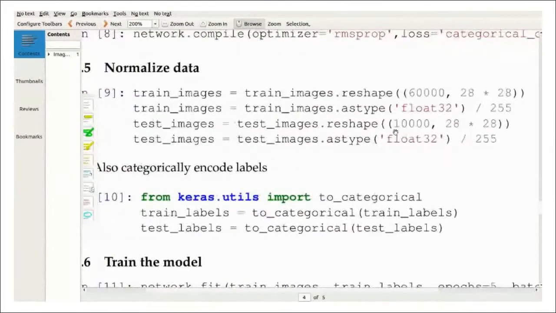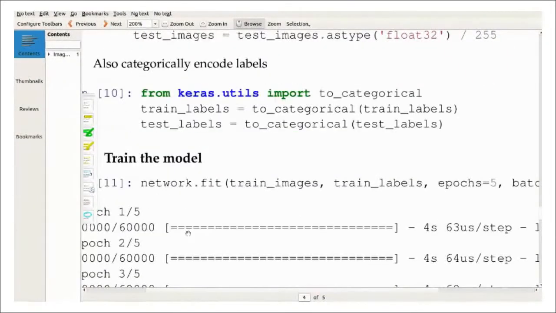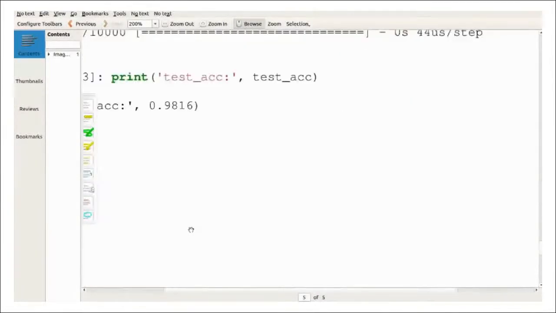Normalize the data because the data belongs to different values, so you normalize it by dividing by 255. Then categorical encoding is applied, that is, you are converting the output label using one-hot encoding. Then train the model, evaluate the model. Hope the pipeline is very clear. If you have any doubt, we can discuss. Or I recommend you to try this code on your machine. The code is already shared, so you can try it, and if you find any difficulty, we can discuss.